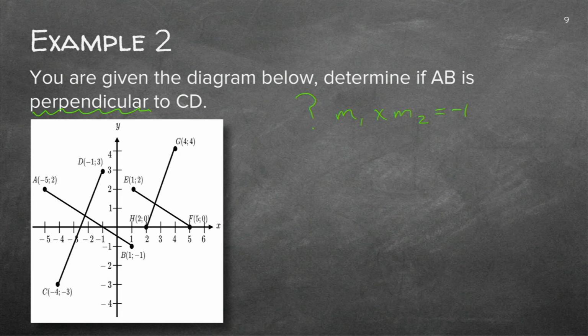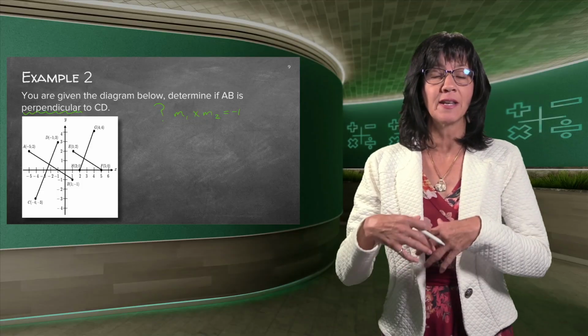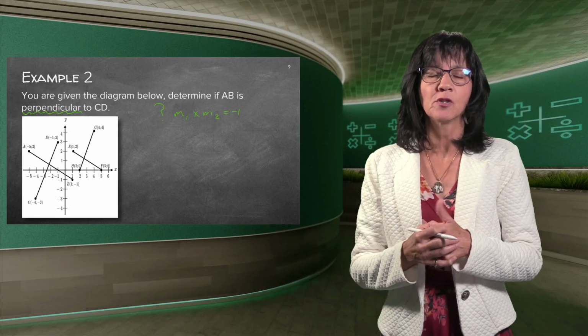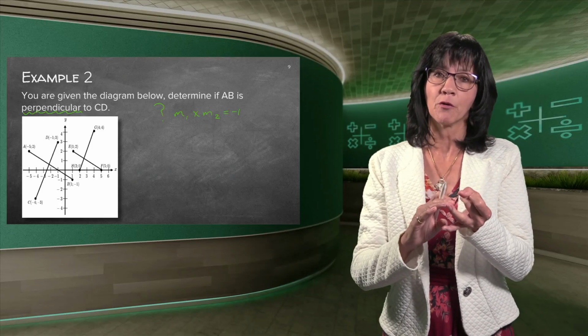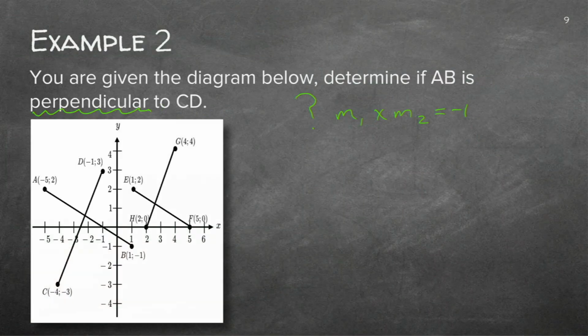Be very, very careful. If you want to write that down on your question paper where you're going to do the answer, you must make a question mark there. You can't just write that down, because then it is as if you're already giving the answer. I already know that M1 times M2 is equal to minus 1, which is not true at all. You need to go and work out the M's of both lines and then check. So maybe a good thing to do is to write this question on your question paper and not on your answer sheet, so that you know where you are heading.